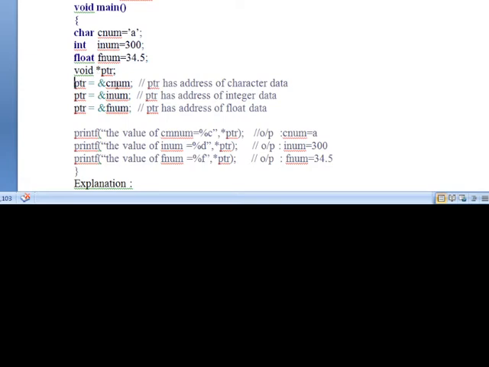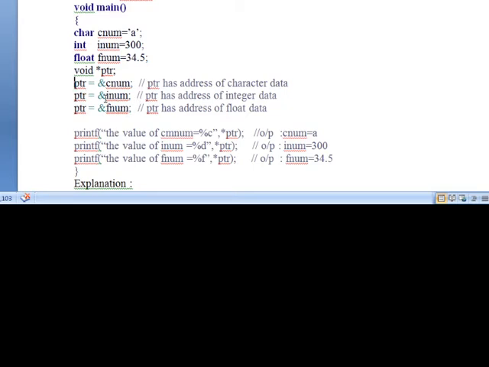So now we can assign the address of the character variable, the address of the integer variable, and the address of fnum. Now using ptr I can display the character value, integer value and float value. That means your void pointer is capable of holding any data type address, and it can be displayed as well. That is the main advantage of